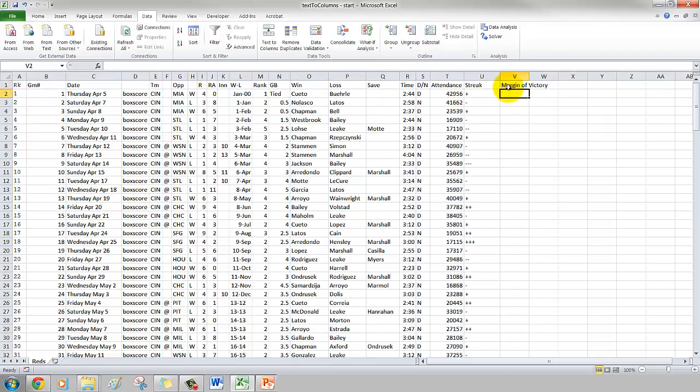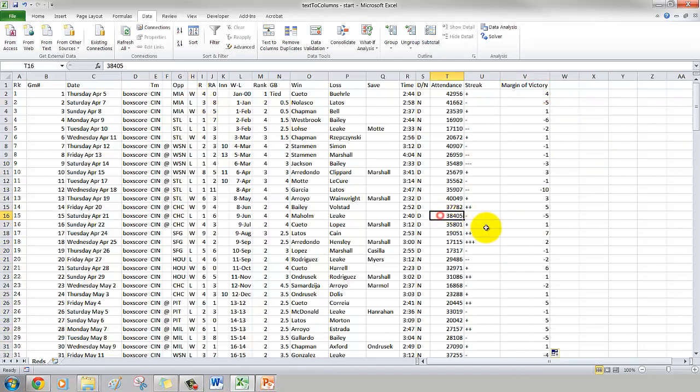So I'm going to calculate that here in column V, and go ahead and calculate the margin of victory by runs minus runs against. So a positive value corresponds to a win, and if we pull this formula down, a negative margin of victory corresponds to a loss. So let's go ahead and fill this down the remaining way,